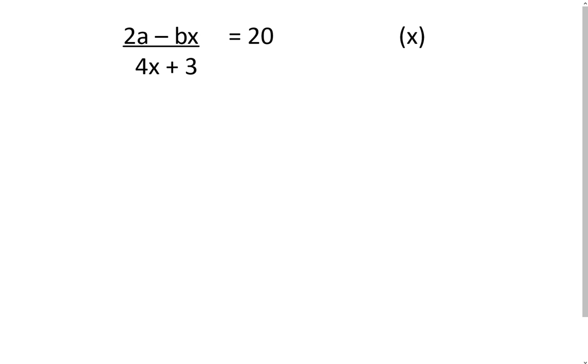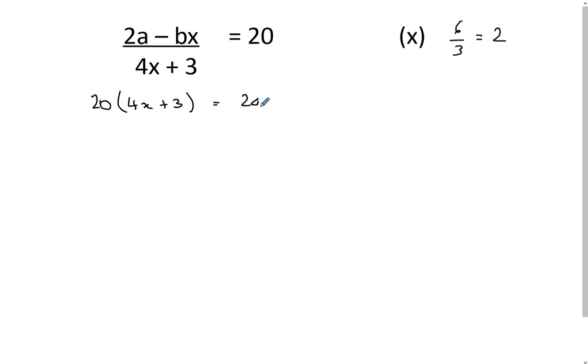Okay, again, it still looks like 6 divided by 3 equals 2. Can you see these formats are everywhere and they just so help? So we're going to do that equals 20 times the 4x plus 3. So you've got, I'll do the 20 first. So 20 times 4x plus 3